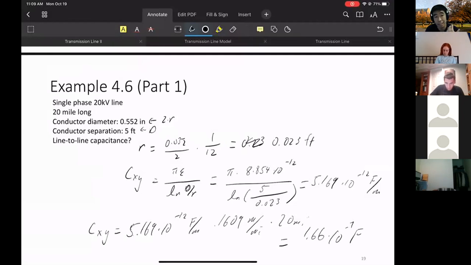The distances are in feet and miles and inches, so just be careful with the unit conversion when you use these equations. Then we can ask,